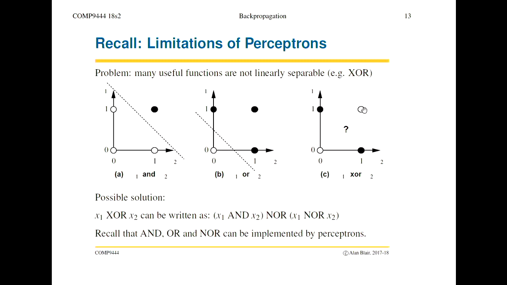Well, if we've been given this as a logical expression, we can break it down into simpler terms which are linearly separable. There are multiple ways of doing this, but this is one of them. This point here is x1 nor x2, where neither of them is true. This point here is x1 and x2. So I can express this by saying, I don't want this and I don't want this; I want everything else. So it's this nor this.